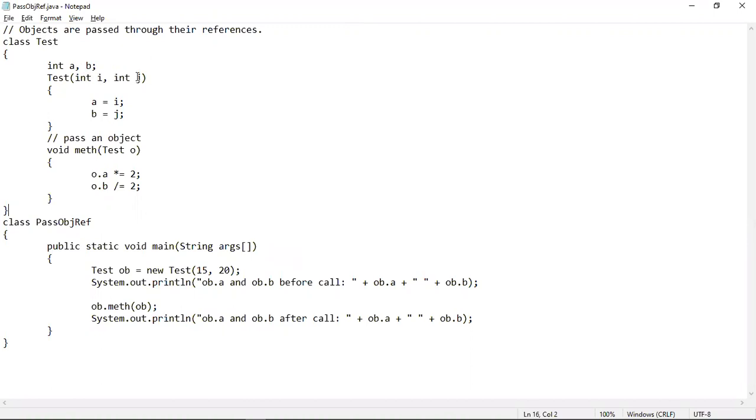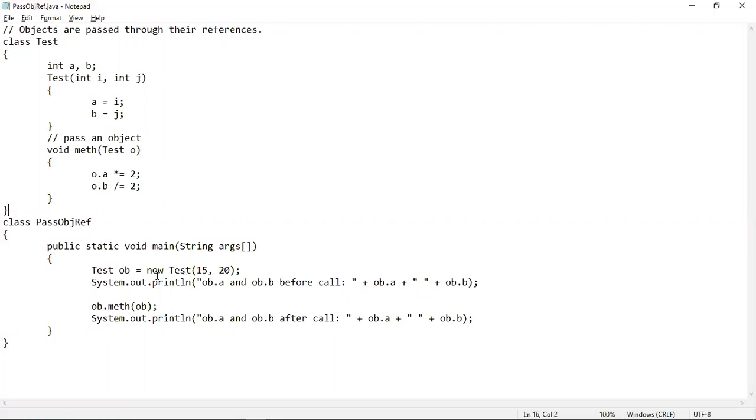These i and j are the parameters of the constructor, and the values of i and j will be assigned into the instance variables a and b. This is a method which takes an object as parameter, and inside this method body, some arithmetic operations are being performed. And this PassObj is the main class because inside it the main method is there.